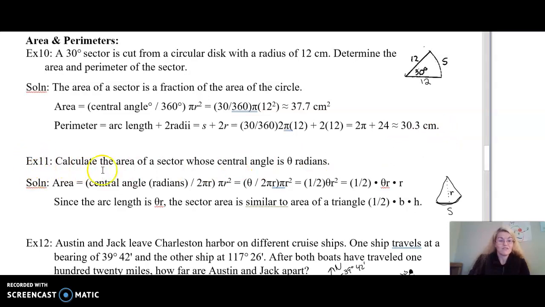All right, example 11. Calculate the area of a sector whose central angle is given to you in radians, not in degrees. So if it's theta radians, the central angle in radians divided by, well, how many radians are there in